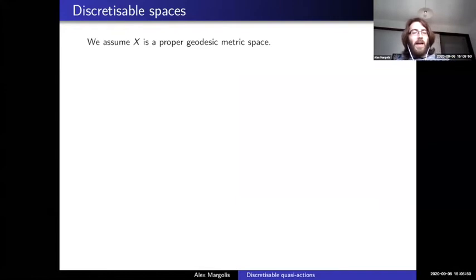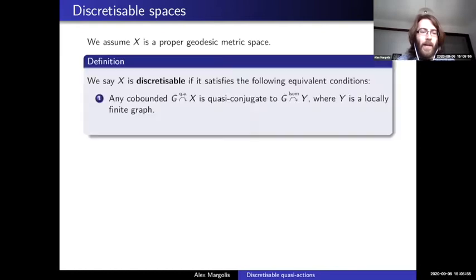So for the next few slides, I'm going to assume X is a proper geodesic metric space. And this is the key definition. We say that the space X is discretizable if it satisfies one of the following equivalent conditions. One, any co-bounded quasi-action of G on X can be quasi-conjugated to an isometric action on a locally finite graph. And if you have seen other QI rigidity type theorems of this sort, where you quasi-conjugate quasi-actions, you might think this doesn't tell you that much, it's quite weak,